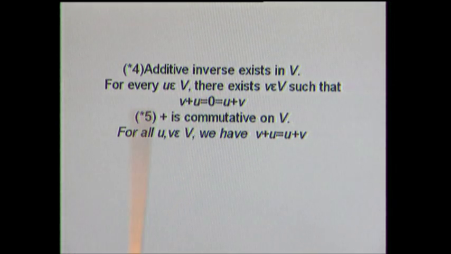Then we say (V, plus) is an abelian group or a commutative group, and there should be scalar multiplication dot